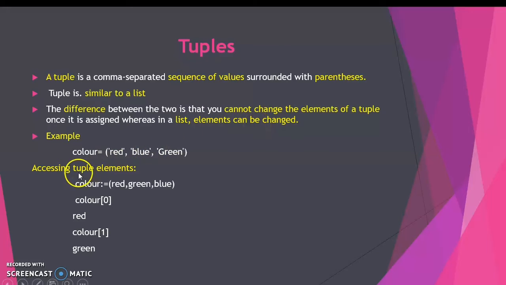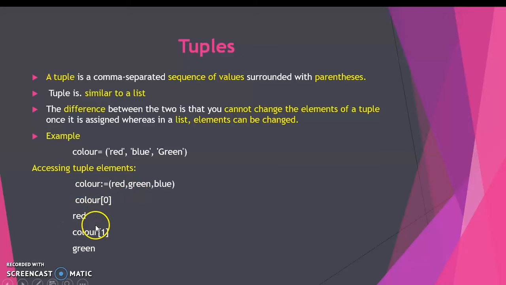Now you can see how to access the tuple elements. Here the name of the tuple is color, and there are three elements: red, green, blue. If you want to access these elements, we just use the index value of that particular element. The index value starts from 0. The index subscript always starts from 0. So color of 0, what is the meaning of this? You can access the first element in the tuple color. Color of 0, what is the first element? Red. You can access the first element.